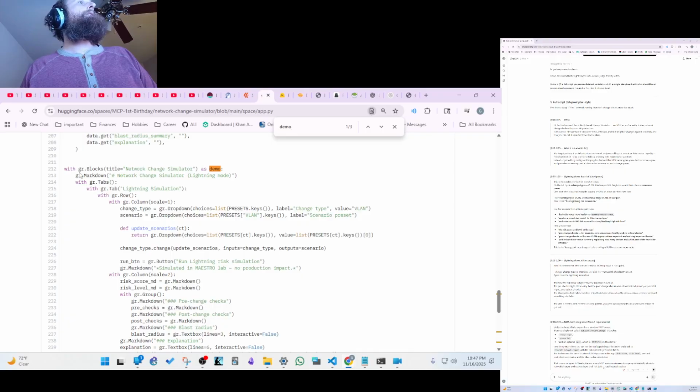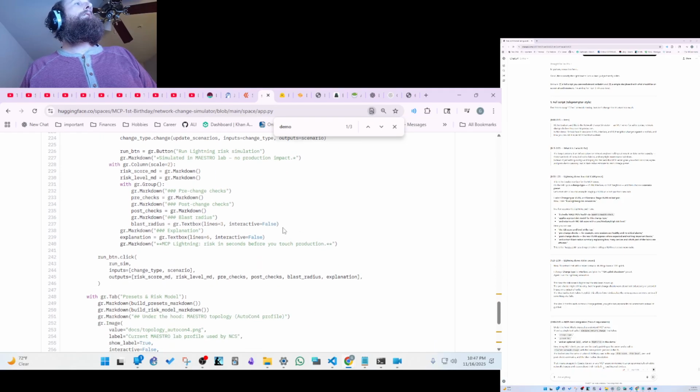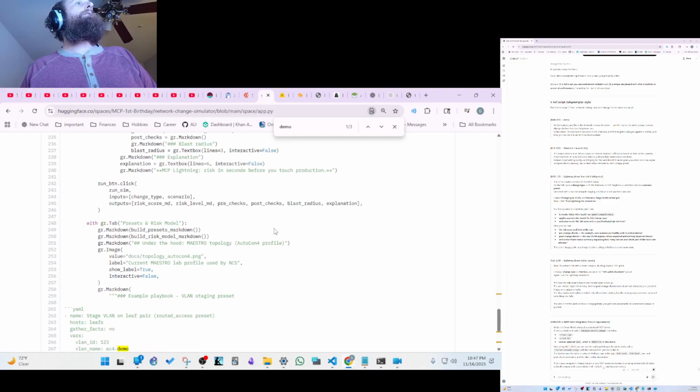So this is the code here that it's bringing in, and we should see in here it be able to interact with the Maestro